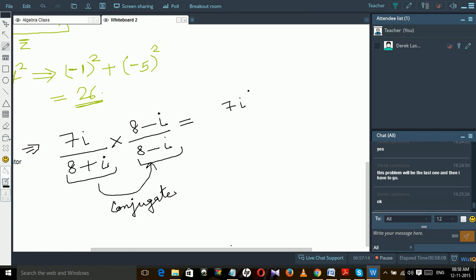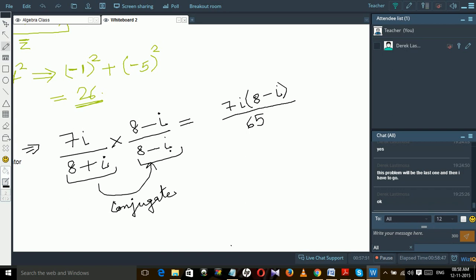And this is also 8 minus iota. So solving further, that gives us 7 iota, I'm writing step by step so it is much clearer to you, 8 minus iota divided by